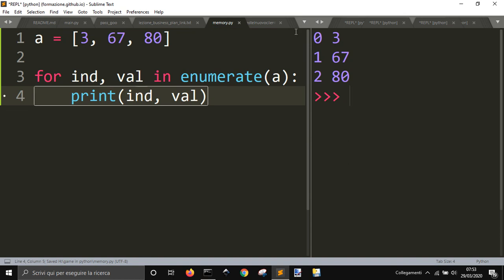Okay, so with enumerate, you can have the index here and the value here,